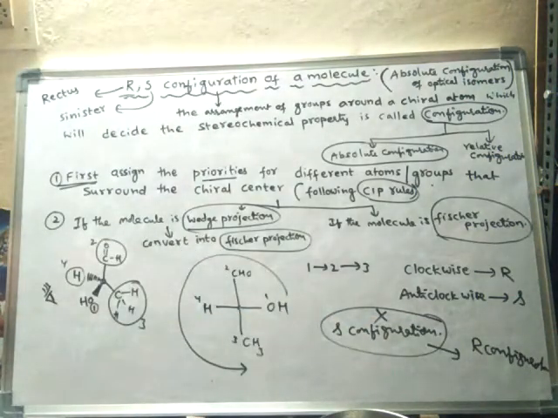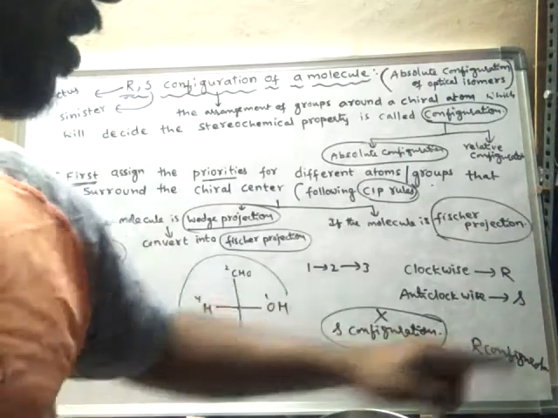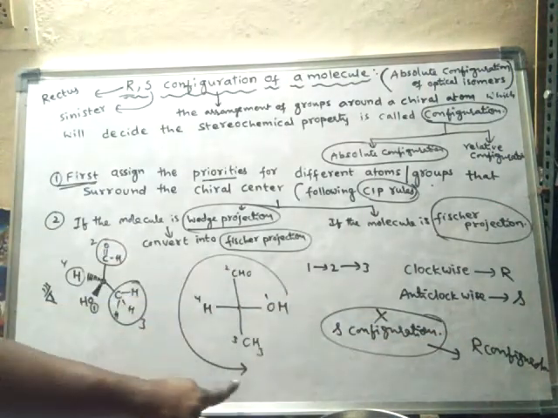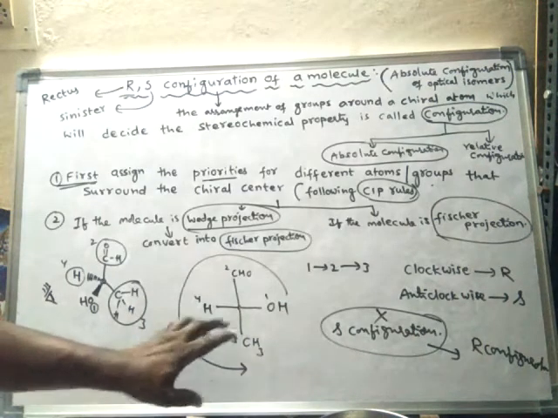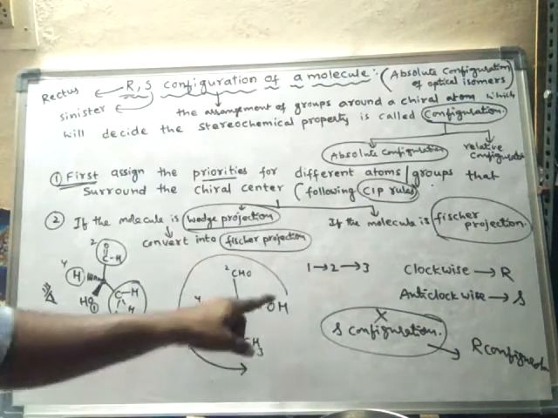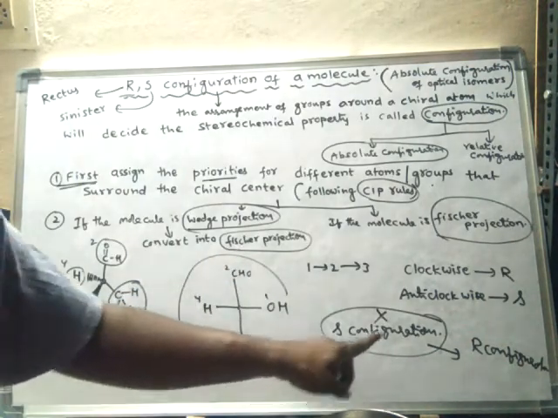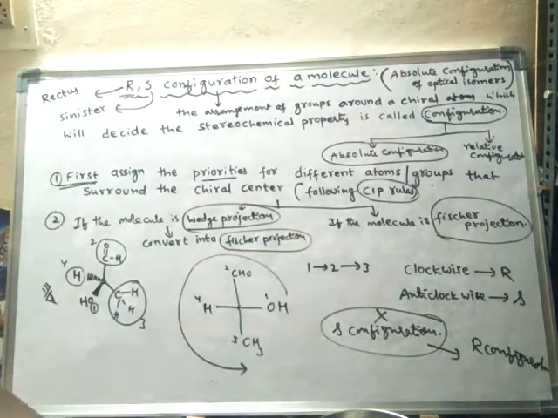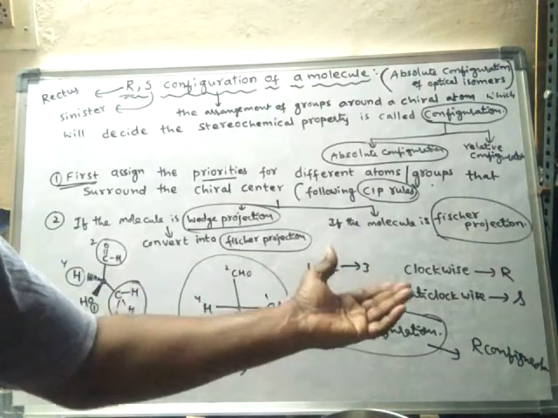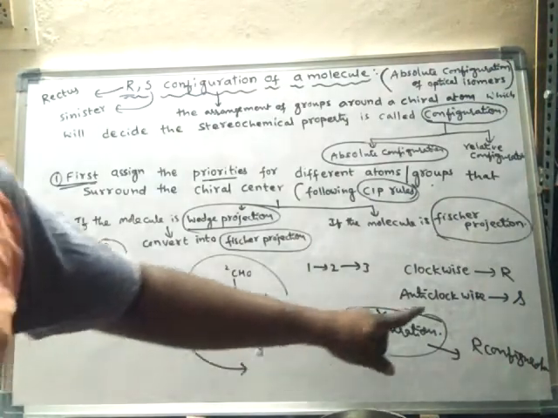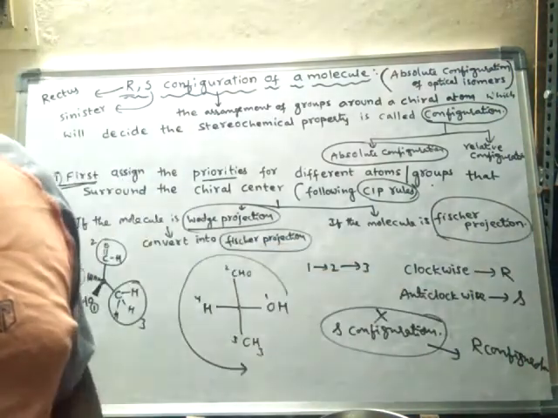Why do we have to write it as R configuration? Though the arrow mark is indicating towards the anti-clockwise, after representing the arrow towards the anti-clockwise, we came to a conclusion that it is S configuration. But after that we have to check whether it is correct or not. So how do we check? We have to check with the help of the lowest priority group. If the lowest priority group is present in horizontal direction, then we have to take its opposite configuration. So what is the opposite configuration of S? R configuration is the opposite configuration.